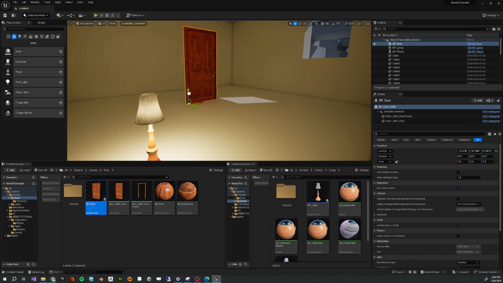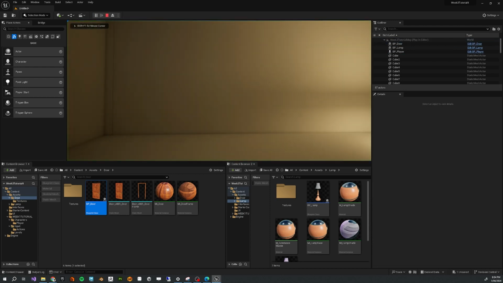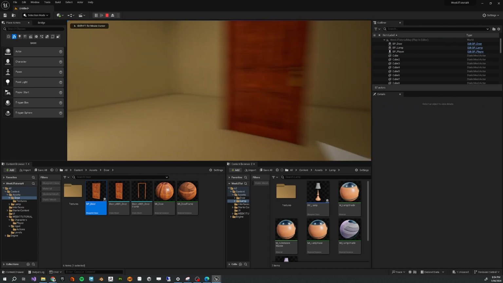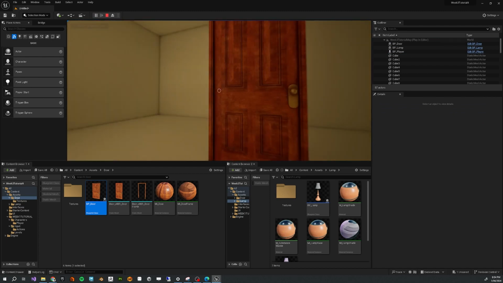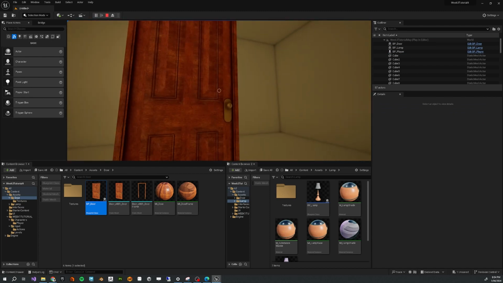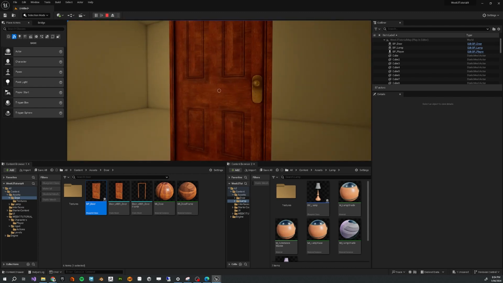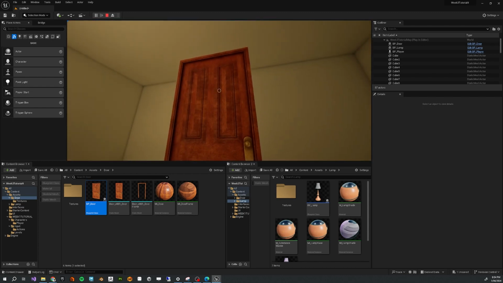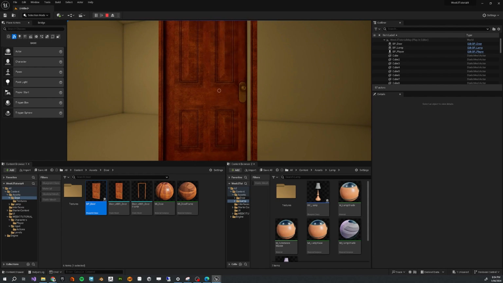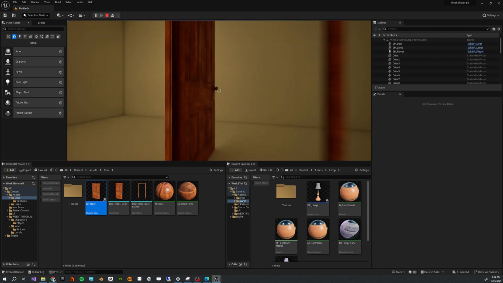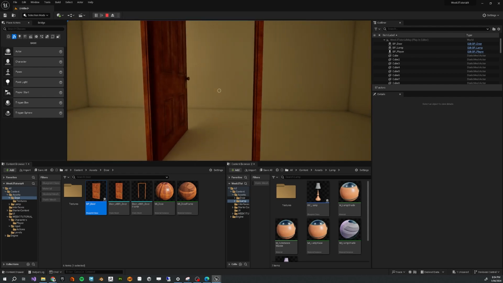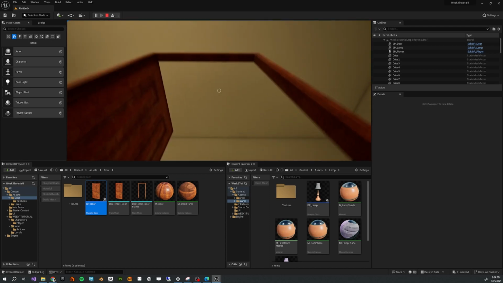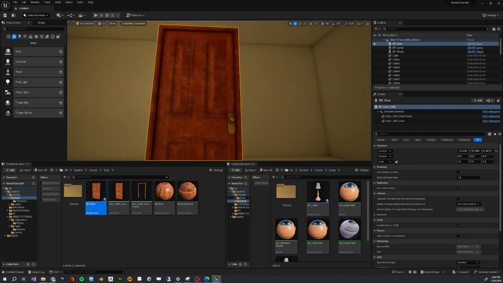Cool, so let's drag this in and give it a test. So you can see our interact dot's turning up because we've added the interaction interface to our door, and so our interact dot and everything is working. And if we click, now it's going to open. But we can't walk through it, and that's because when you import meshes into Unreal,